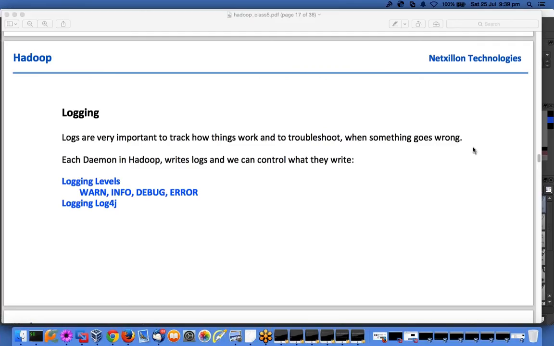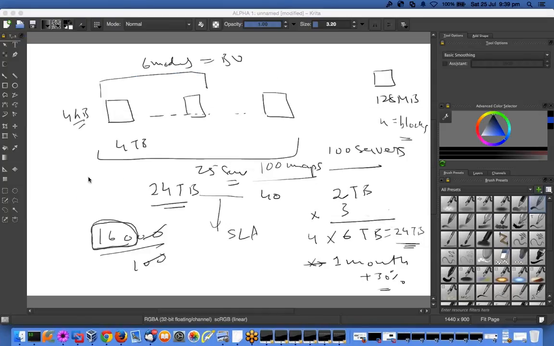Oh, okay, so I have a question here to repeat on the memory calculated per node. Okay,